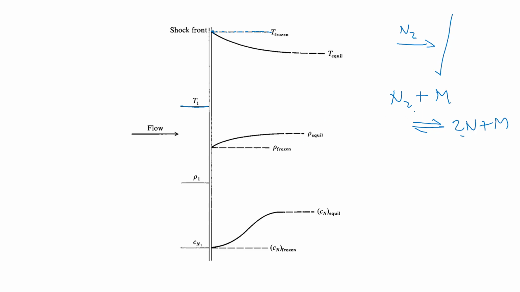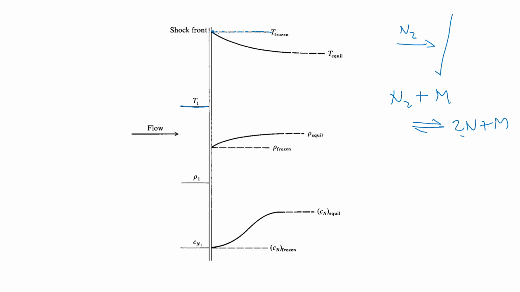So this reaction is an endothermic reaction. It means it needs energy for the dissociation. So some of the translational energy will go into the dissociation of this N2 molecule. As translational energy is decreasing, its temperature will start decreasing,